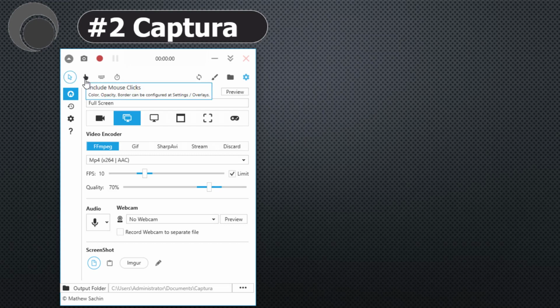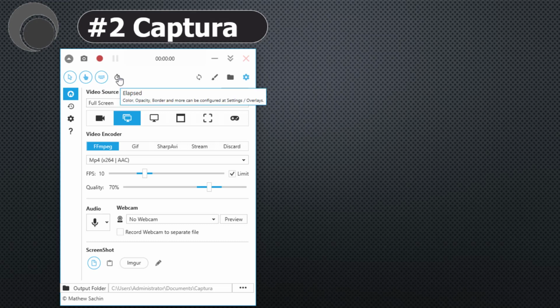Similarly, if you want the left click or the right click to be recorded, we have to check the second option. If we want our keystrokes to also be included, we have to check the third option. Similarly, if we want a timer to be available on our video, then we can check the fourth option, the set timer or elapsed timer functionality.